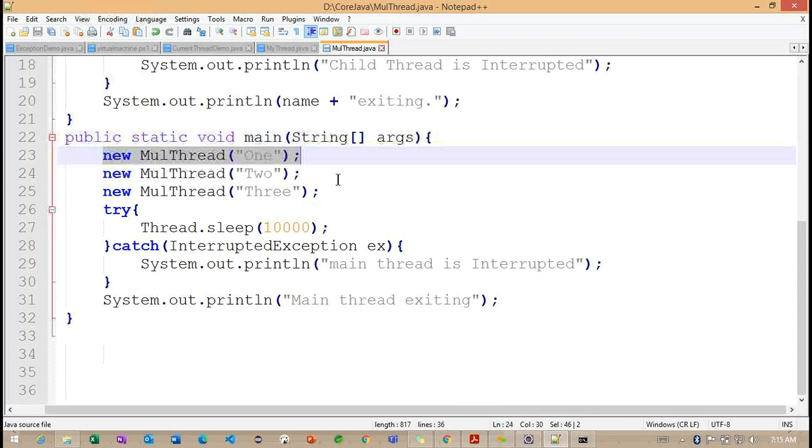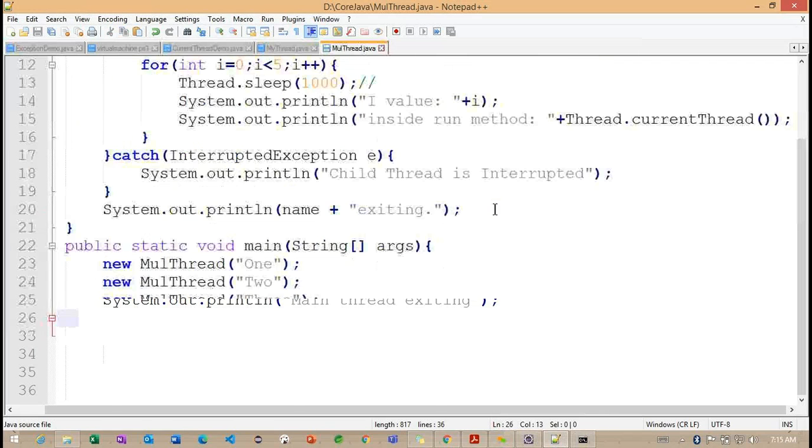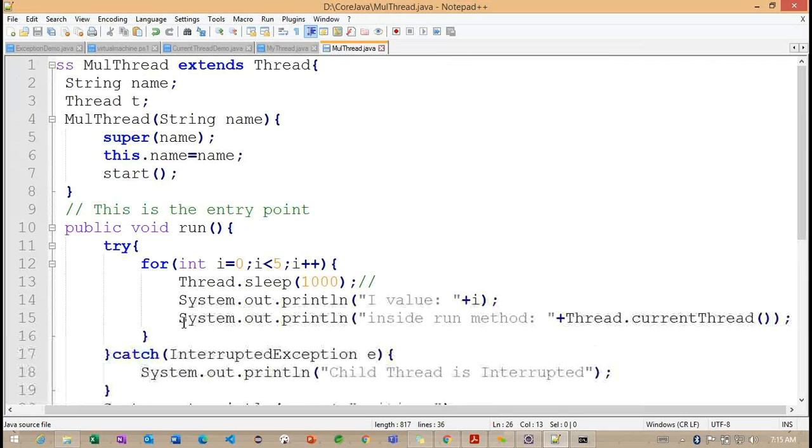But how did we create them? You can see the order we created is 1, 2, 3, but whenever we try to find out the current thread information, the order is different here. We are not getting the order we expect. Getting the point? So whenever we work with a multi-threading example with multiple threads, we cannot assume that the threads will be executed in the same order in which they were created.